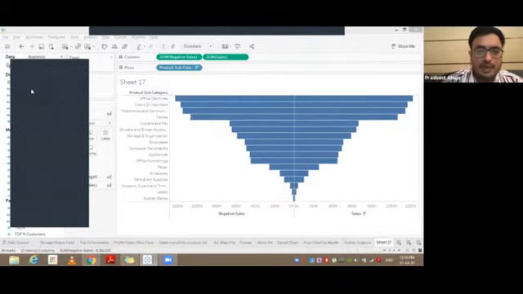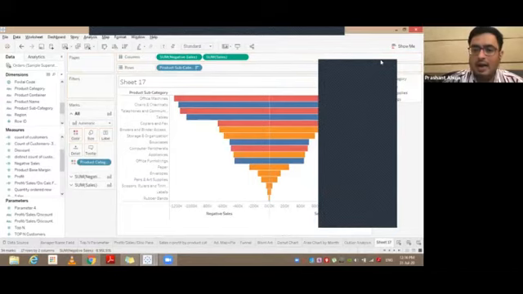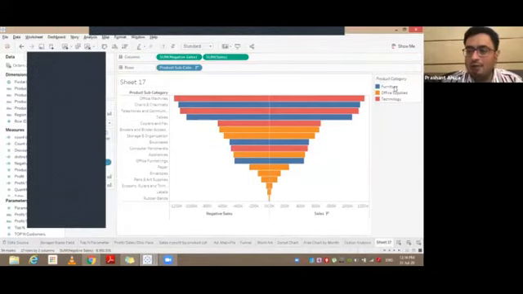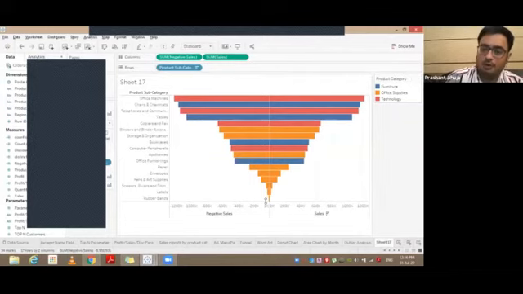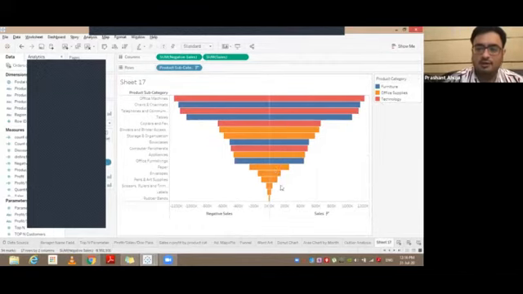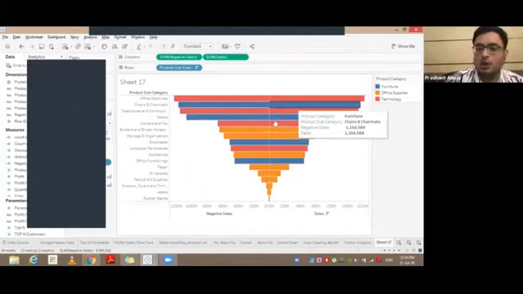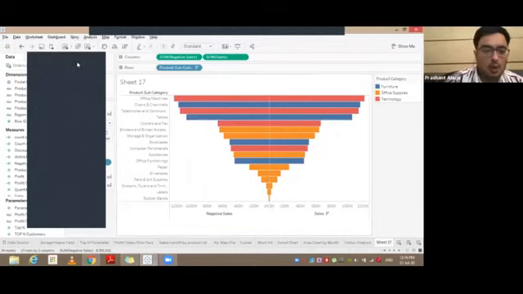Then you need to pick up the product category and drop it into colors. And there you go. You now have a colorful description of the sales of all the product categories, and then we coded it by categories. So I know that pink color is technology. So the top ones are technology. The office supplies are probably on the lower side of the curve and are accounting for the lower end sales. So that's how I do it, and I could label it any way I want.